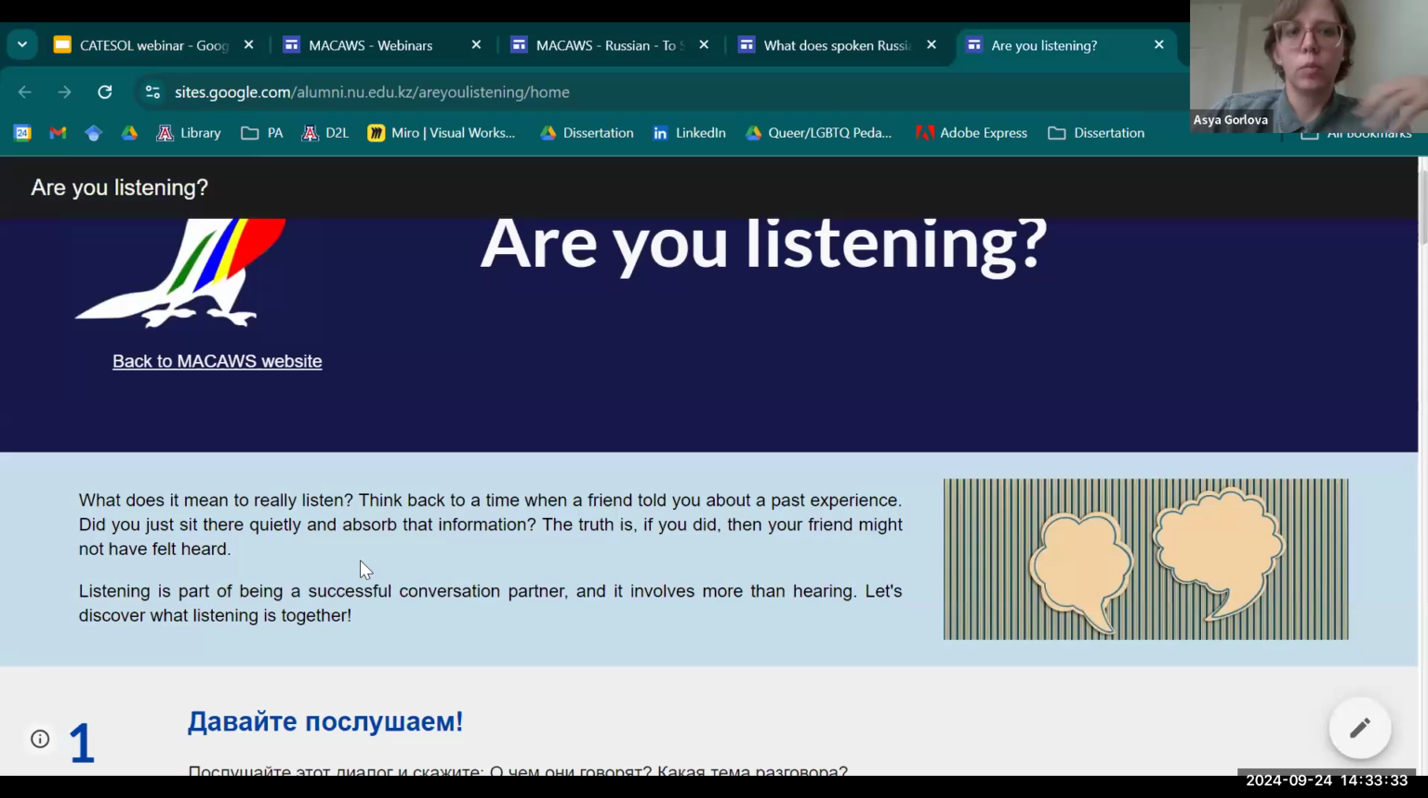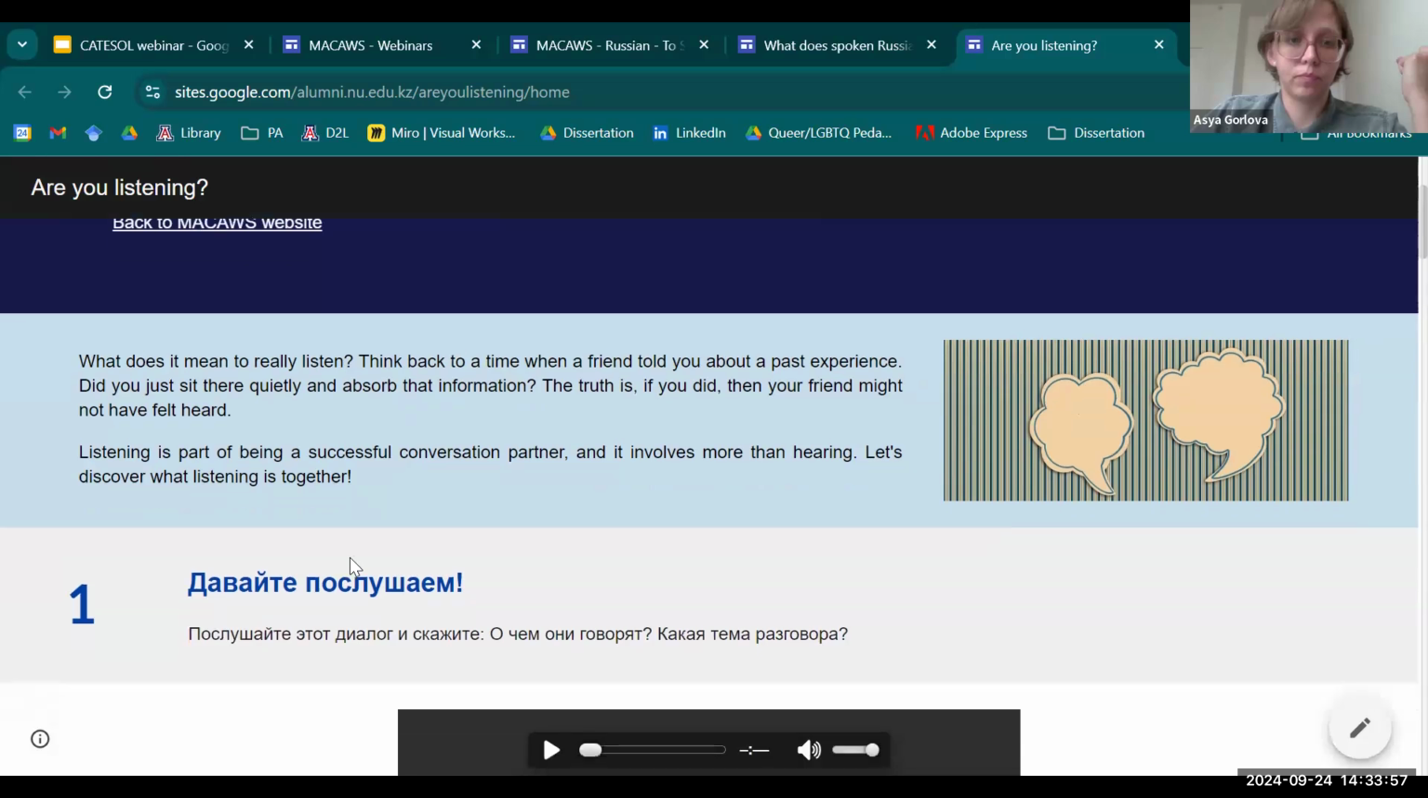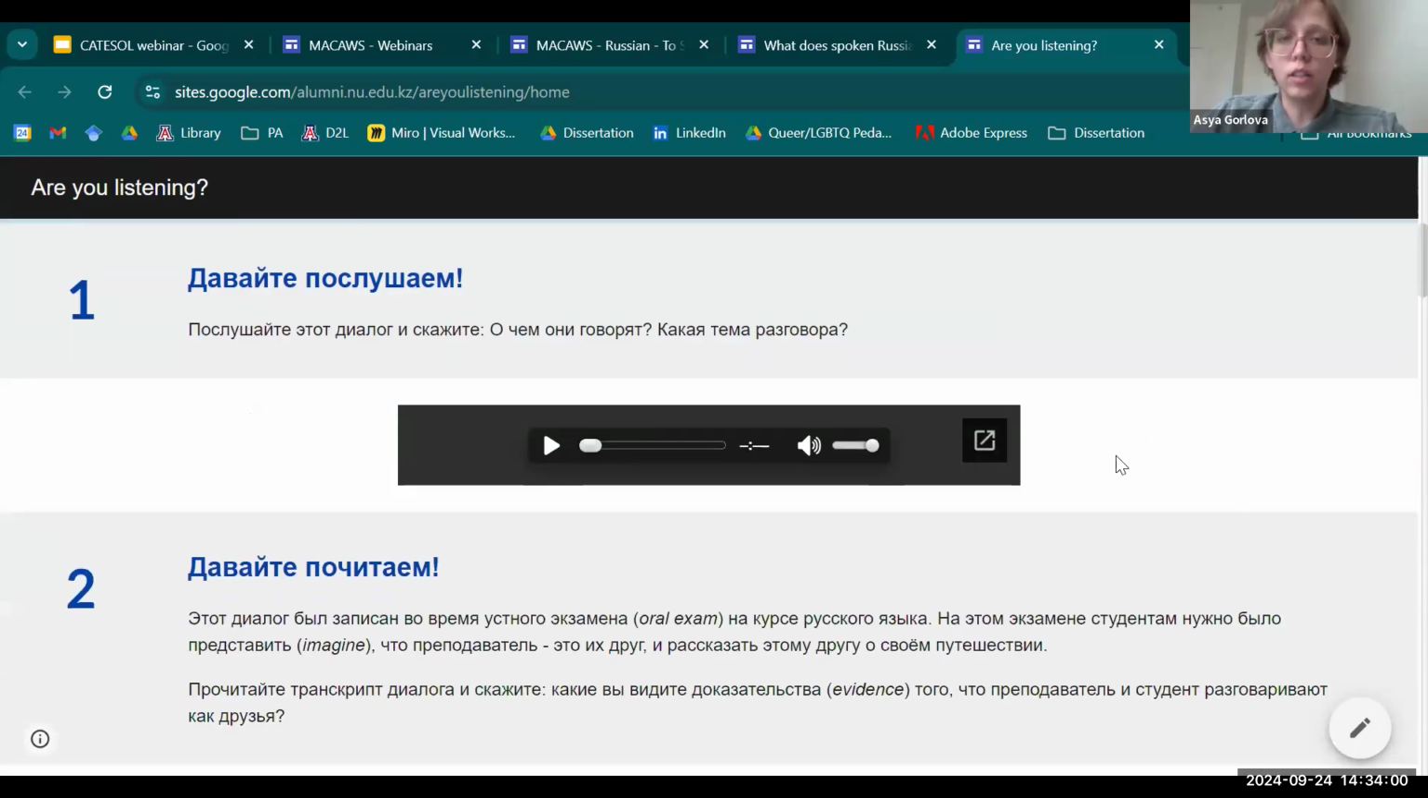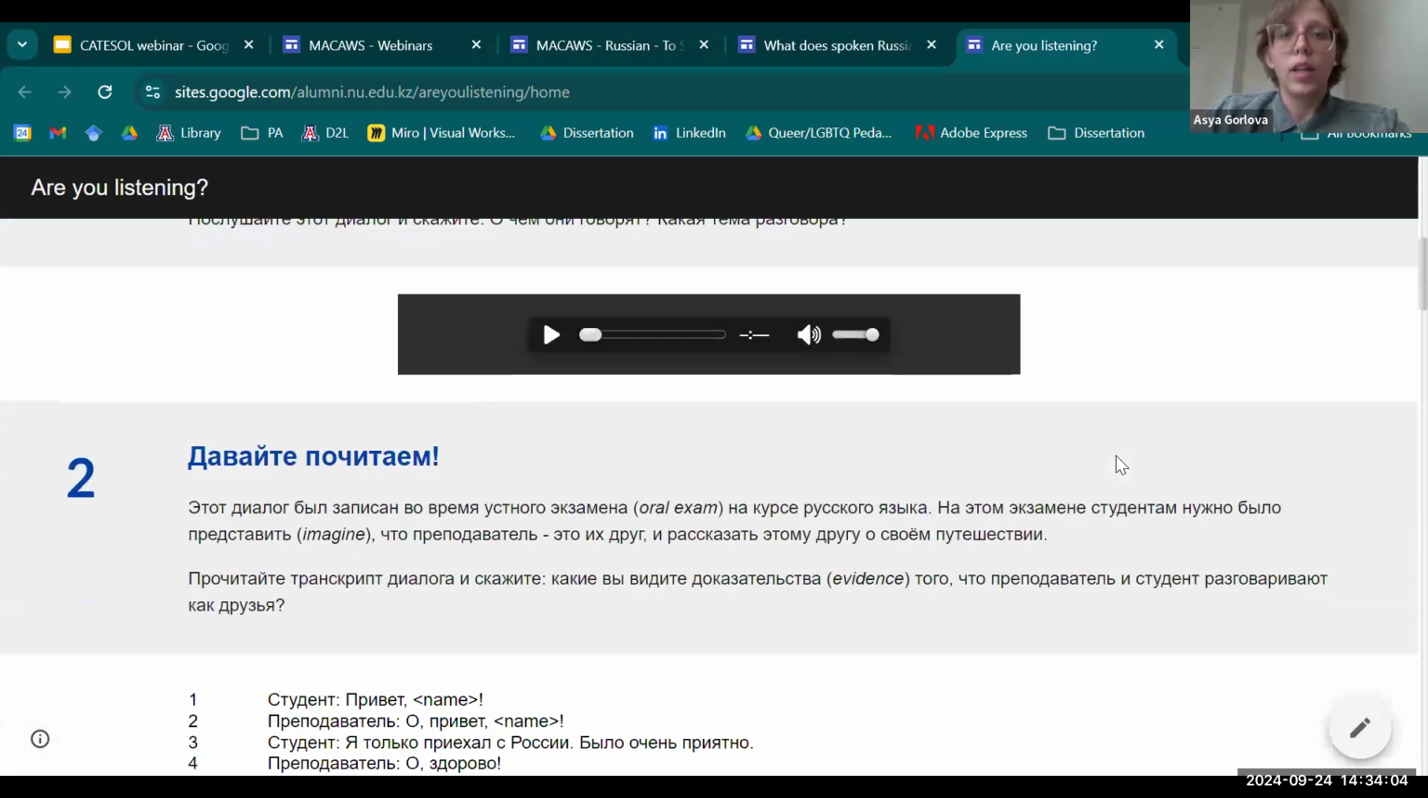So the activity starts with a little prompt about what does it mean to really listen, asking students to think about how we listen to people's experiences and how we behave when we just listen to a conversation or when we participate in a conversation. Then students listen to a dialogue between two people. And after they listen, the teacher tells them that this was a dialogue recorded during an oral exam. And during that oral exam, they had to imagine that the instructor is their friend, and they're telling them about their